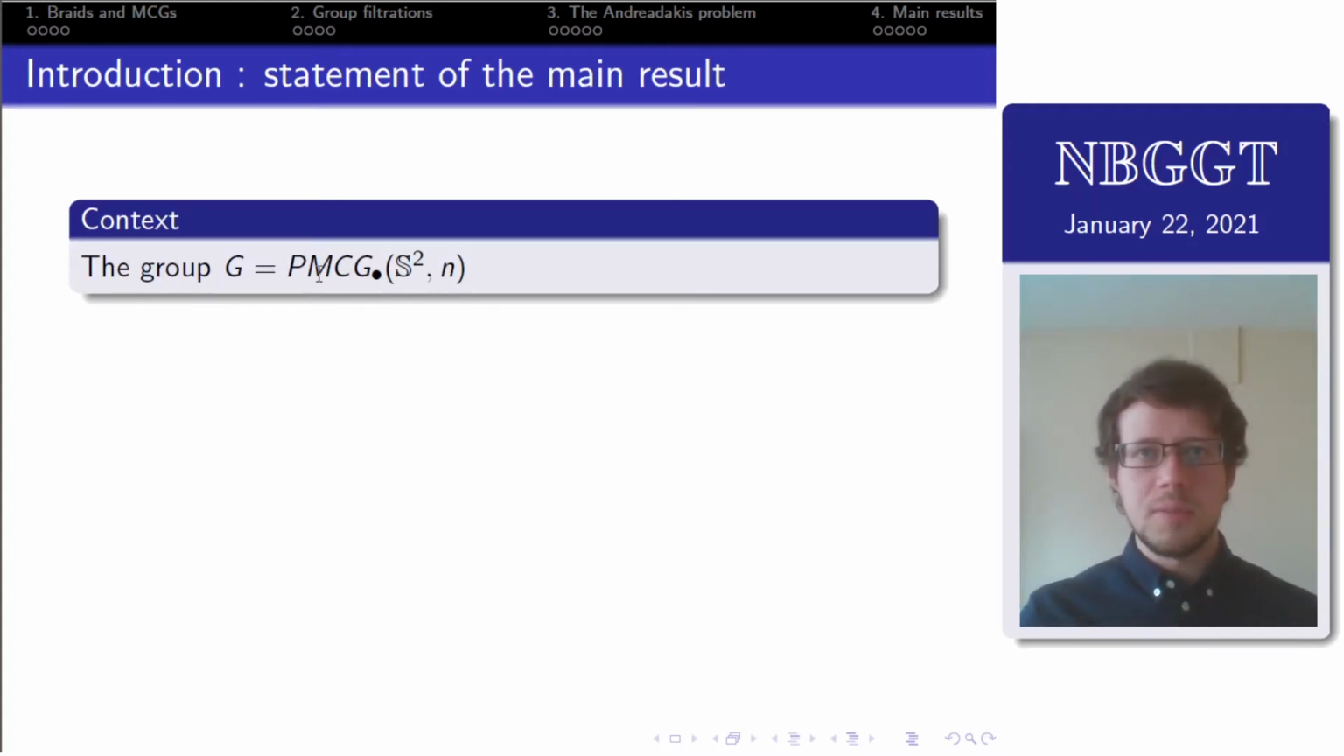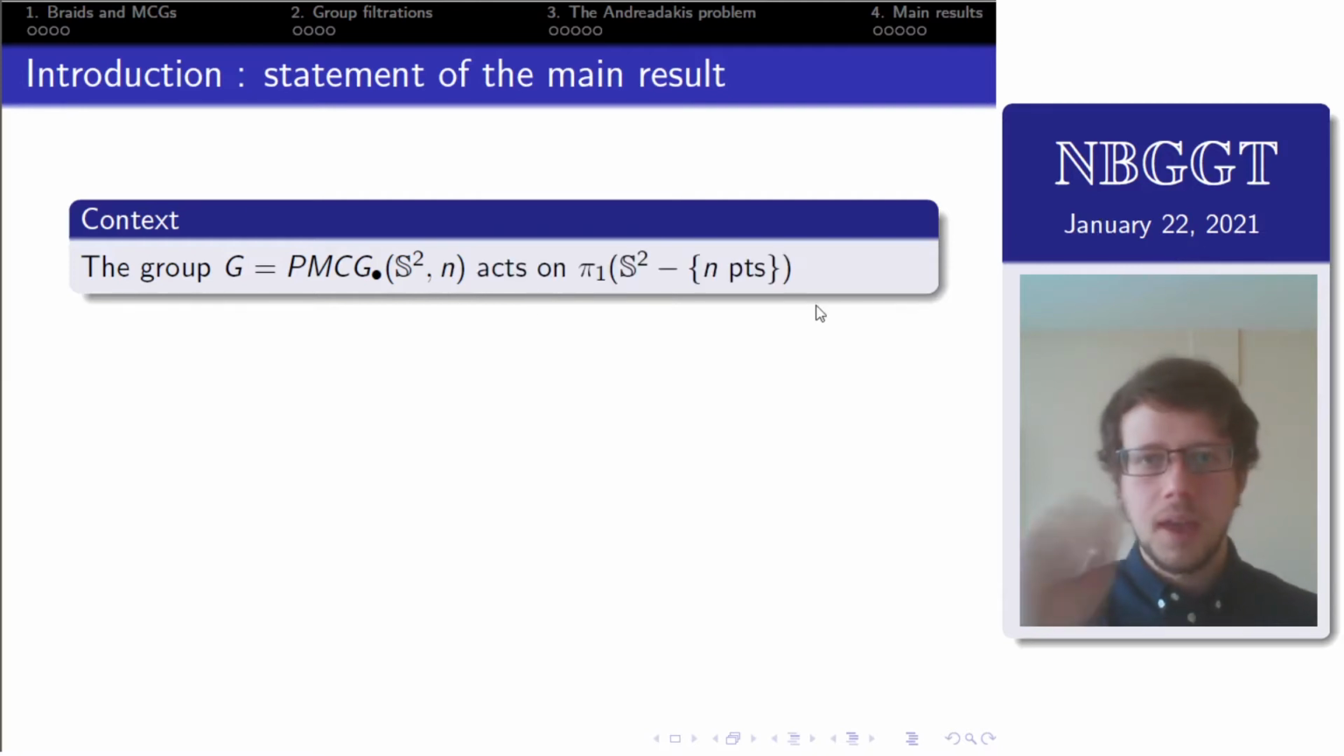G is the pure mapping class group of the sphere with n+1 points fixed. So I'm looking at isotopy classes of self-homeomorphisms of the sphere, fixing endpoints here, plus one base point. I'm looking at them up to isotopy, and isotopies are asked to be through such homeomorphisms. And it's the pure version because I ask these homeomorphisms to fix my endpoints on the sphere, plus